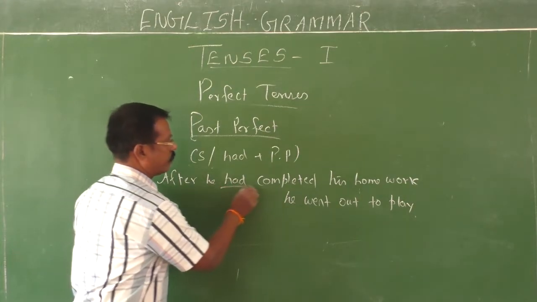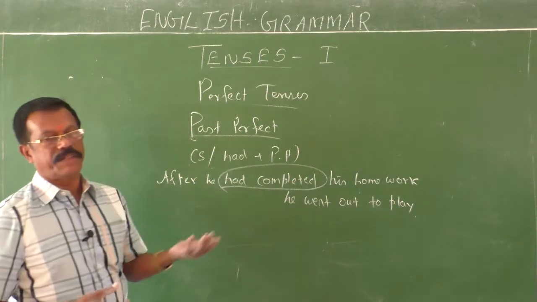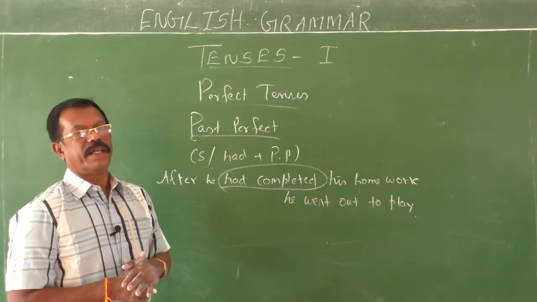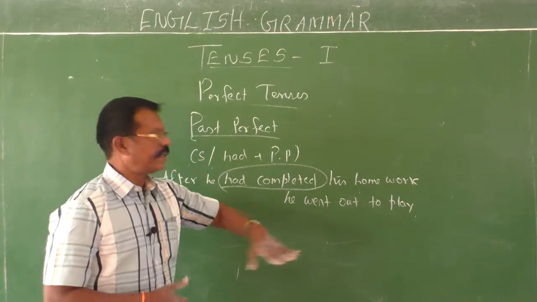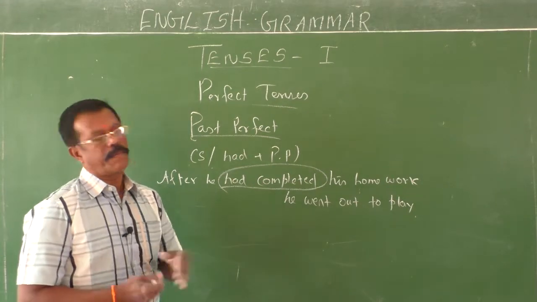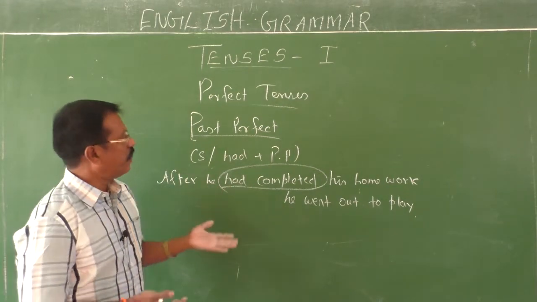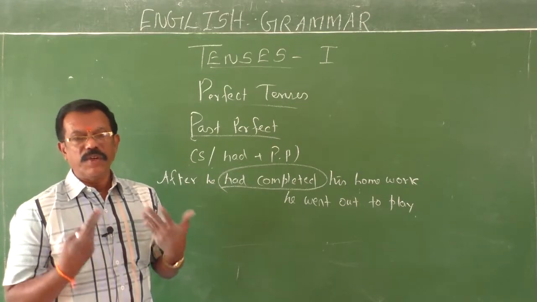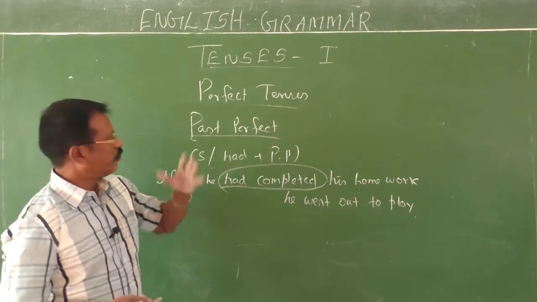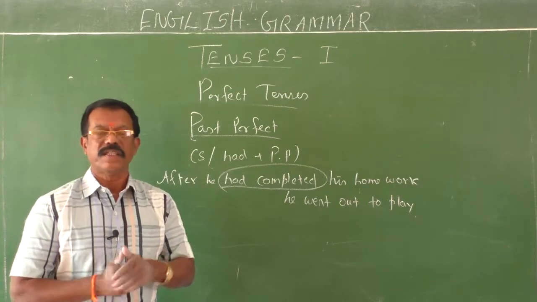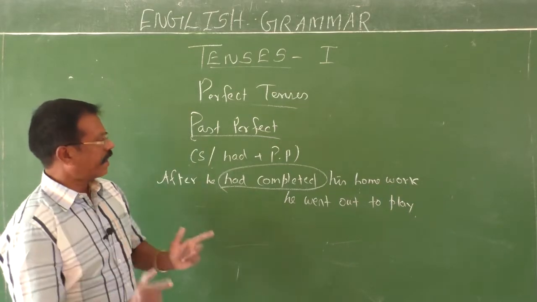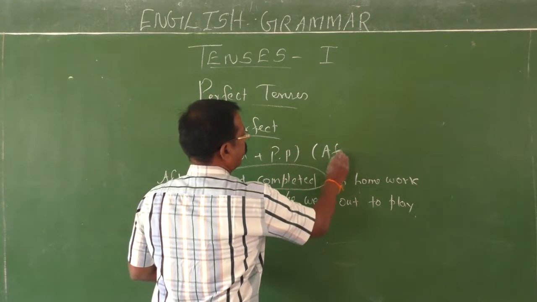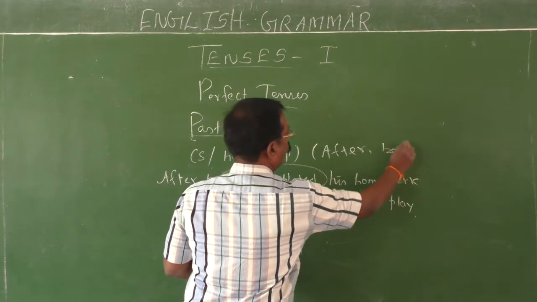Therefore, that was expressed with the help of the past perfect tense. He had completed his work. Which was followed by the second one, going out to play. That was completed next. So it is expressed with the help of simple past tense. So in this way, past perfect tense is always associated with the past tense. So when you express two past actions, the first completed one should be expressed in the past perfect tense and the second completed one should be expressed in the simple past. The key words after and before.